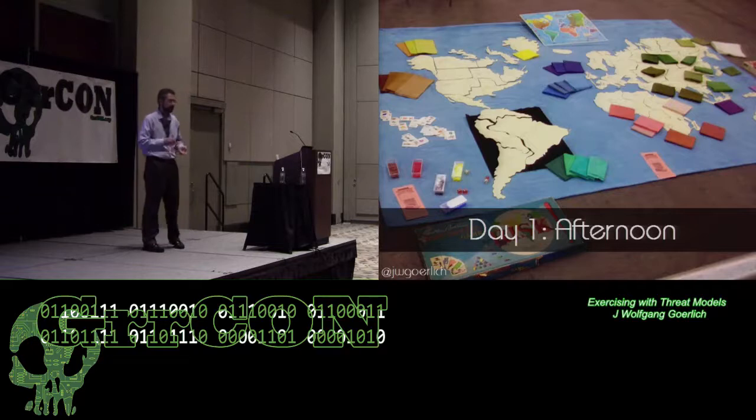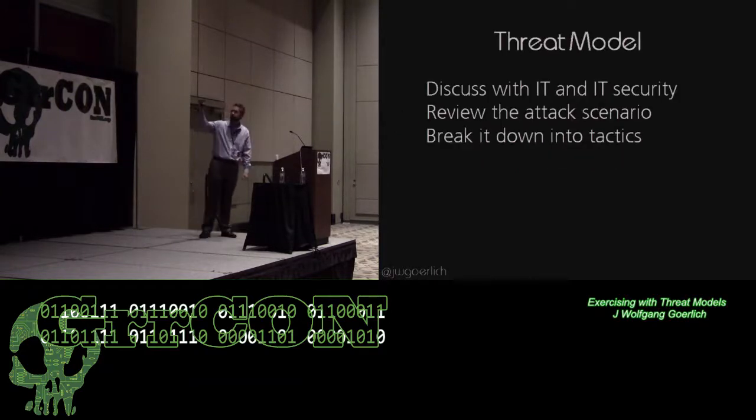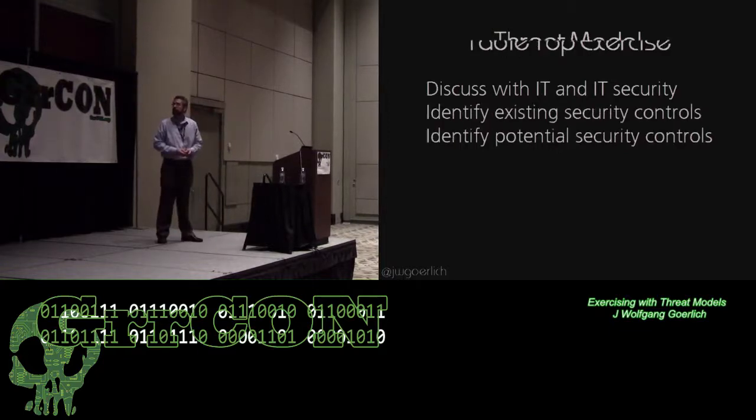So you threat model, and then we tabletop. Right? Because without studying the offense, we can't plan for a good defense. And that's what we're trying to do here. As part of the threat modeling, we want to discuss with IT security. I already covered that. We want to review an attack scenario and break it down to tactics. With the tabletop, we're looking at the existing controls that they have and potential controls that they may not have in place yet. And this last part becomes pretty critical because